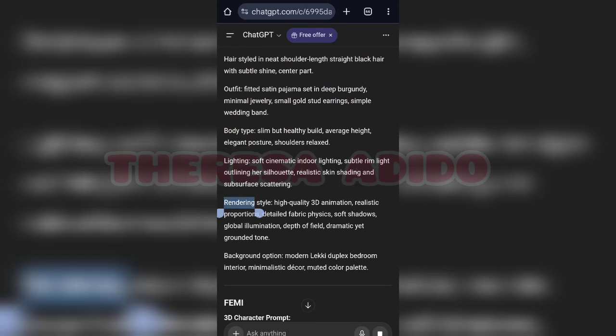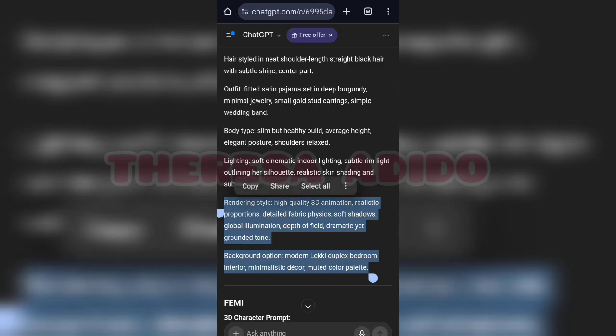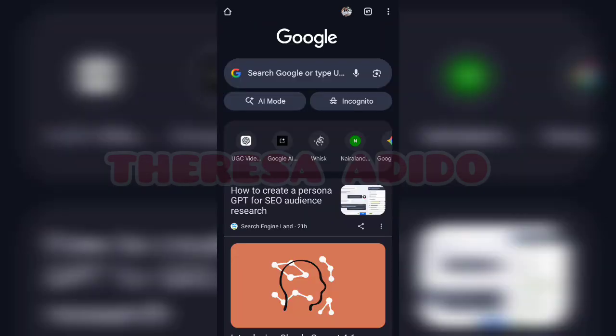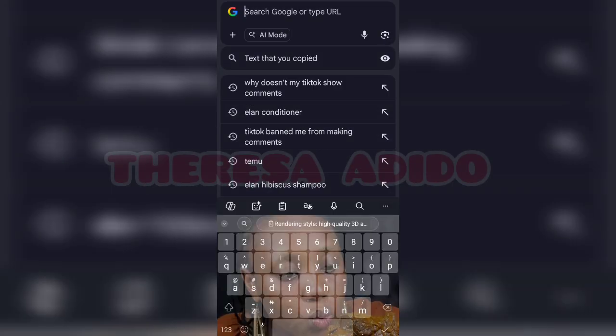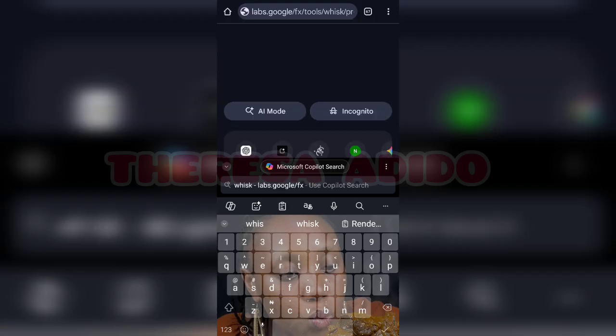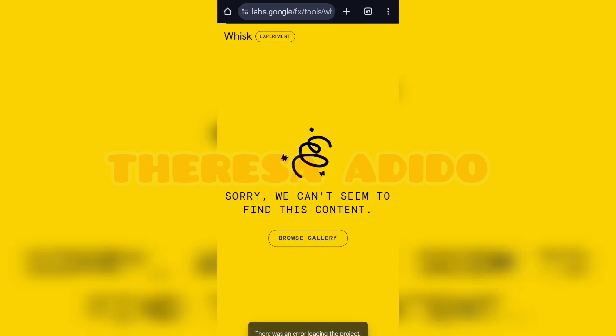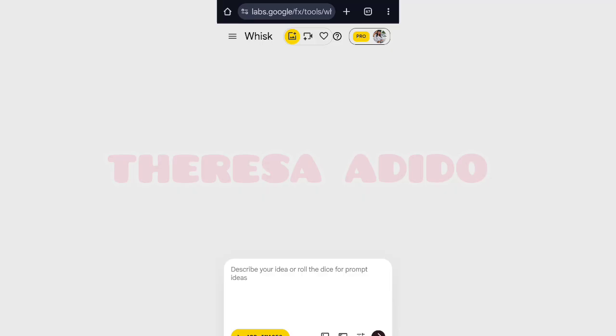Google Whisk. Of course, there are other AI generation tools you can make use of. You can also make use of ChatGPT to create your character. You can make use of Grok. You can make use of Google AI Studio. You can make use of Google Gemini. You can make use of Google Image FX. You can even make use of Flow to create your images. So you have a whole lot. You can even make use of Meta AI, but for the sake of this video, we are making use of